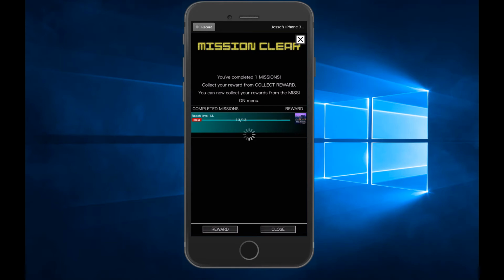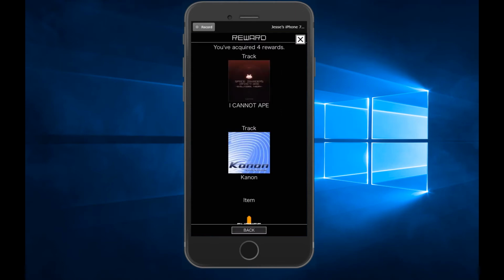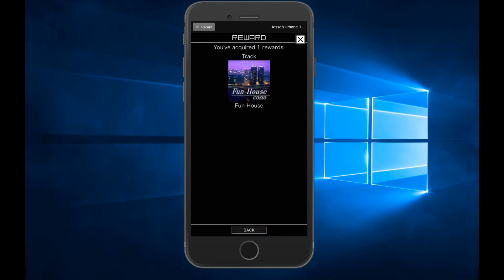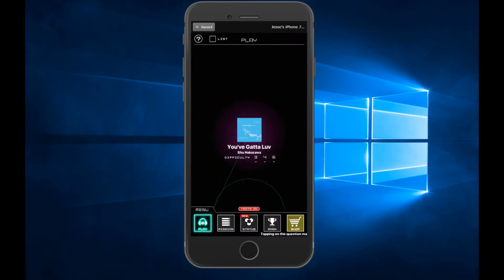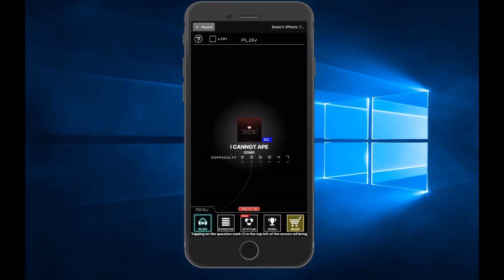So let's go check out our rewards here. See, we got some stuff now. I can't really read this stuff on the phone too well, but I can do a read all or get another one. Okay, so I unlocked another level. A couple levels, actually. Okay, that's all we can get. Okay, so boom, I unlock that.